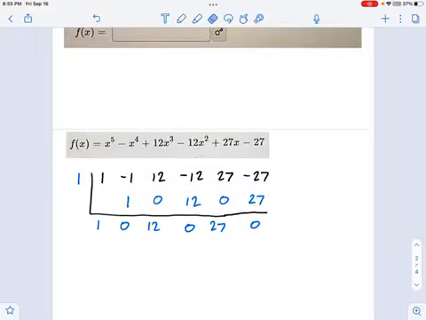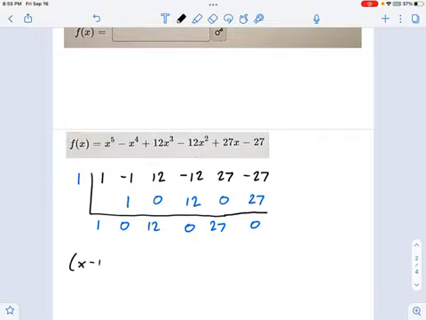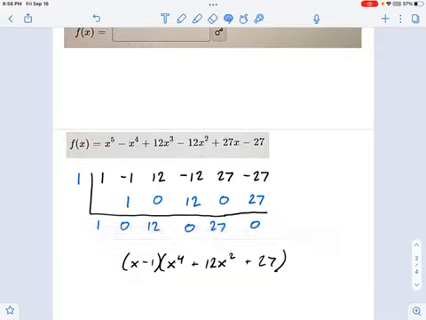Let's just pause for a moment and look at what the factored form is of this polynomial. So I just pulled out an x minus 1, okay? Remember, that's coming from this x-intercept, this root which we just found of 1. That comes from a factor x minus 1. So there's my factor that I pulled out. What's left, and I'm getting this from this set of numbers right here, that's the quotient coefficients. This is going to be x to the 4th plus 12x squared plus 27. Okay, now I know I can factor this. I suspect I can factor it more, right? This is what f of x is.